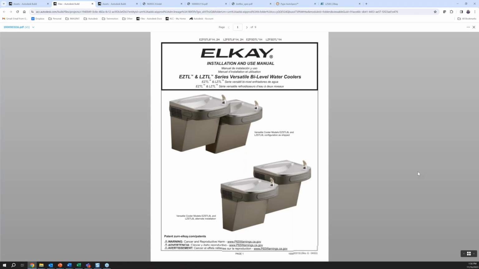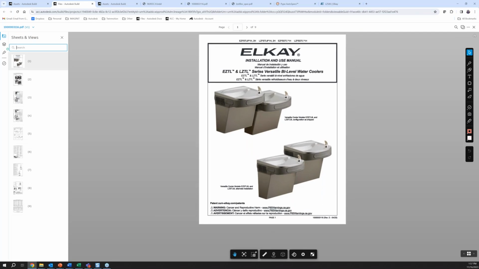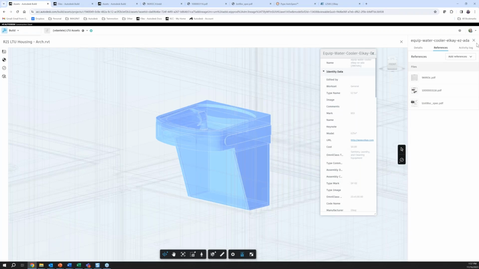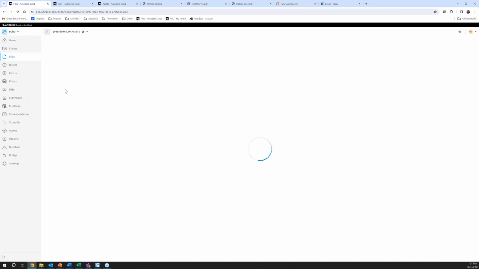the installation documentation. Then we can change the status once that's been installed. We can designate that as an installed asset. It's something that they just updated recently here in Build for progress tracking. When we view our 3D models,